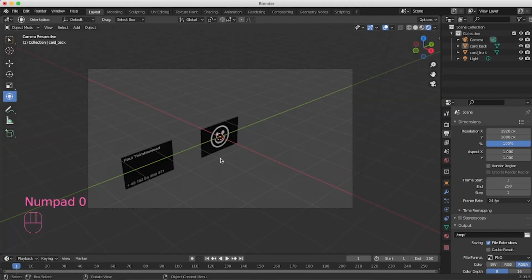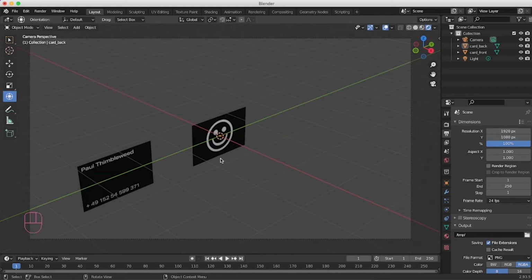And this is where experience in photography will come in handy, because what we're doing now is pretty much just building a digital photo set and setting up everything and then just taking a digital picture of our scene. So first of all, we're going to arrange the cards